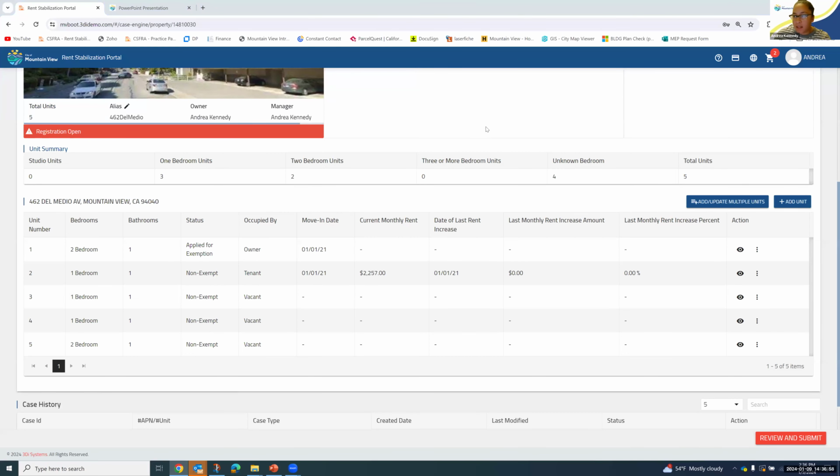Question from Elizabeth? Hi. So, I live in one of my units, and so can I do my PG&E bill, just the top sheet, or do you need the whole bill? I just need just with the name and the address and the unit number. So just like that front page. Okay, perfect. Yeah. Thank you.